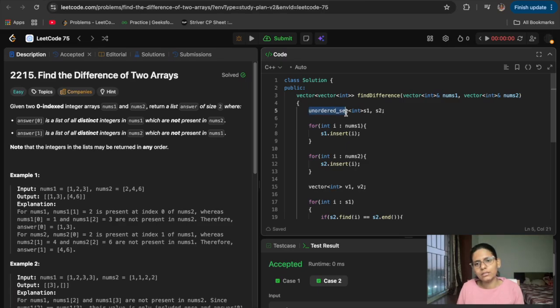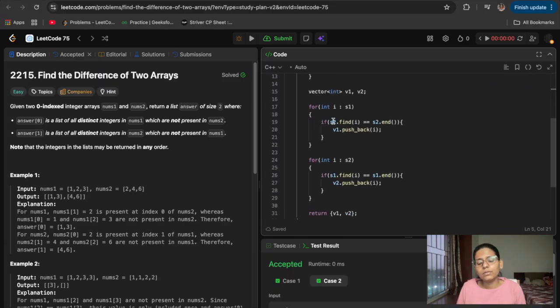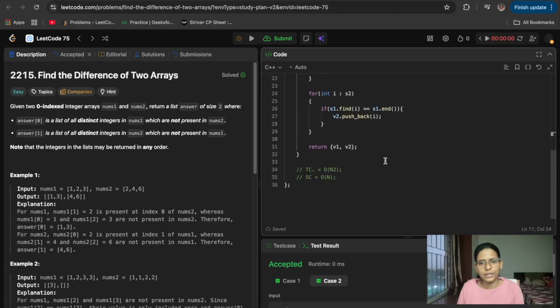If it were a set, then it would be n log n, but as we have used an unordered set, the time complexity to find a number in an unordered set is big O of 1. So we traverse n elements with O(1) lookup each, which is n times 1, so big O of n basically.